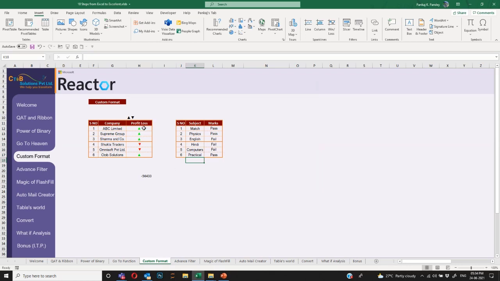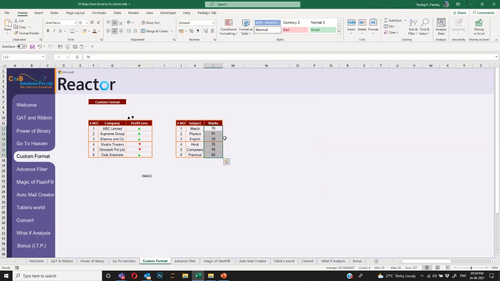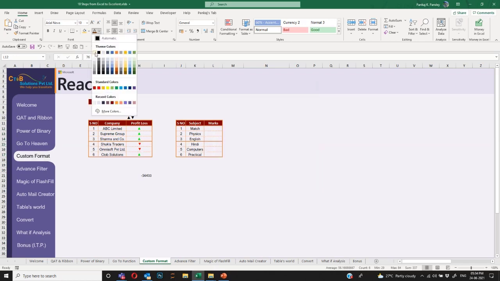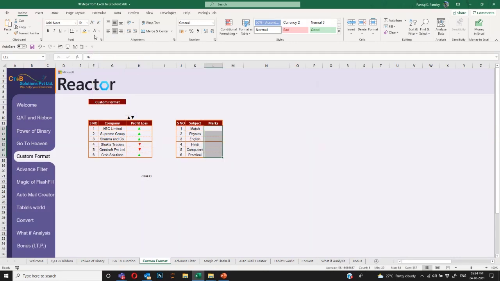So that's how you can actually use the custom format and you can design your own formats, and you can still hide numbers. So let's say sometimes there are numbers that are confidential. You want to keep the number, but you want to hide them. So usually what we end up doing is applying the same font and fill color. Most of the time it is white. So we apply the white fill color, or let's say here I have the fill color like this. So I will apply a font color on this to hide the numbers.